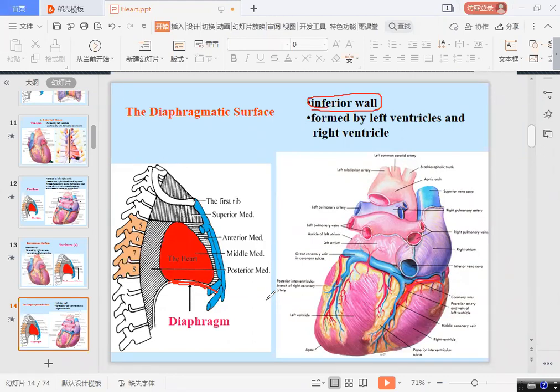Are you getting this point? The inferior surface: we know that the heart lies on its apex, and the apex is made up of what? Left and right ventricle. Basically the apex is the left ventricle, but the inferior portion of the heart is made up of the ventricles, because the atria are superior. So the inferior surface on which the heart lies on the diaphragm is the left and right ventricle. So the left and right ventricle make the diaphragmatic surface.